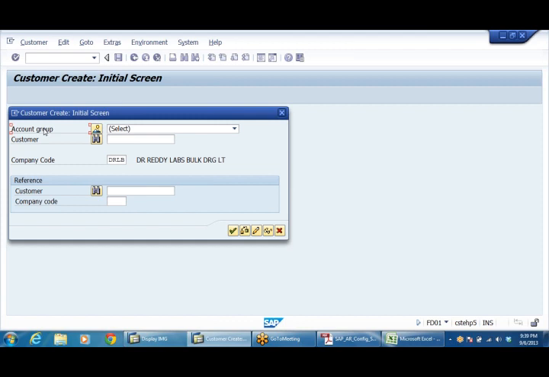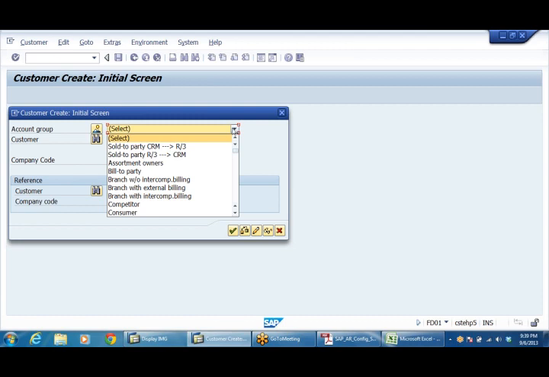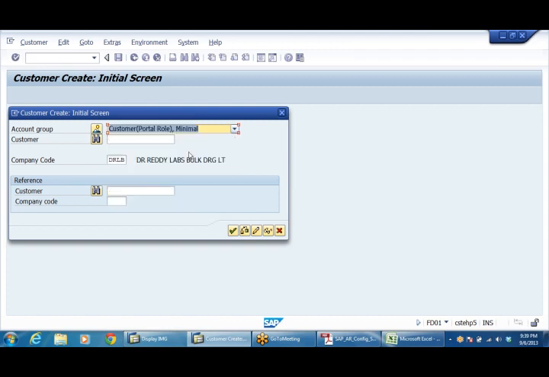When we are going to create a customer, the system will ask what is the account group in which you are going to create. We have already created two customer groups, starting with DR, domestic customer group DRLB. Here customer number I need not give because I have chosen internal number range.